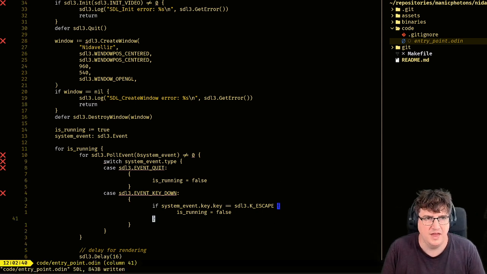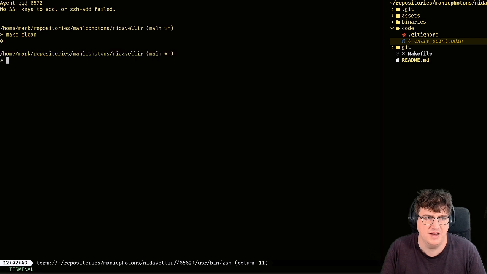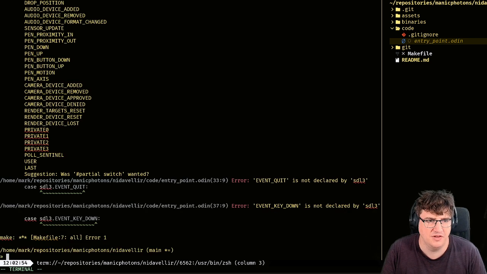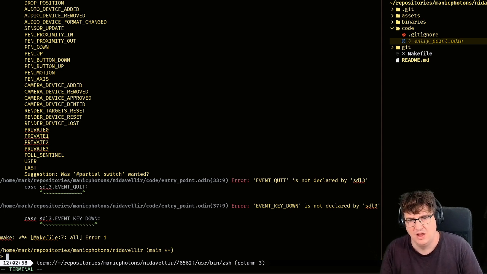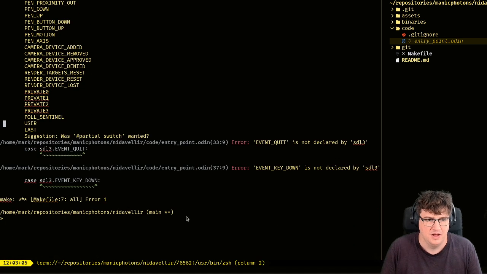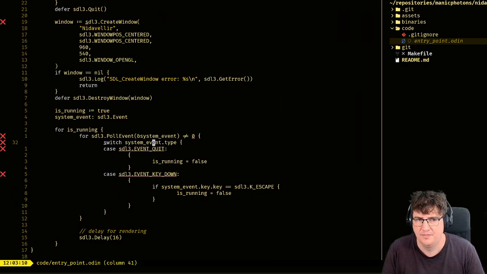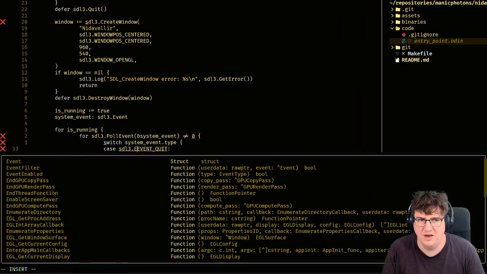If I do all of this and then hop over to my terminal, let's clean it. I'm curious just how badly I've messed up the code so far, so let's see. Aha! So an event quit is not, and an event key down is not declared. Got it. For those first two, is there an event type?